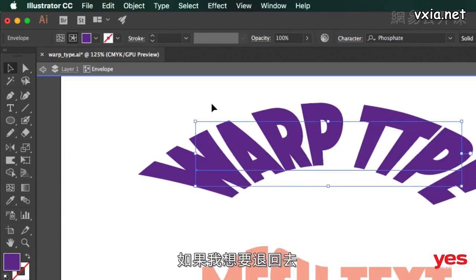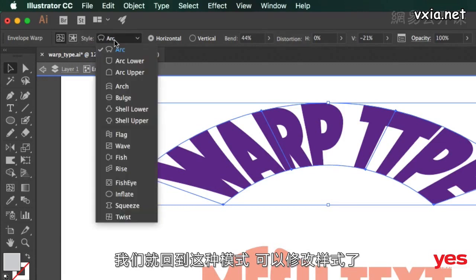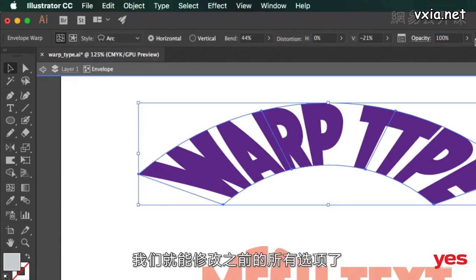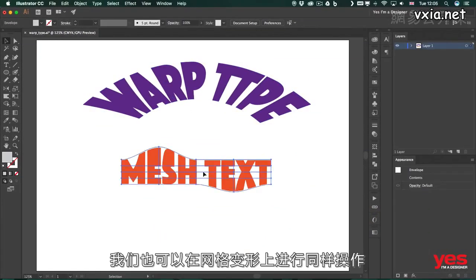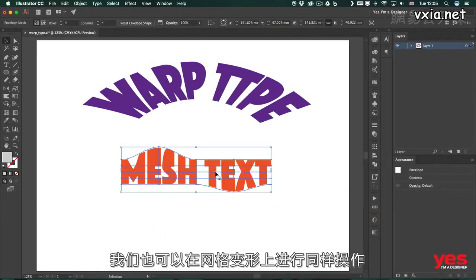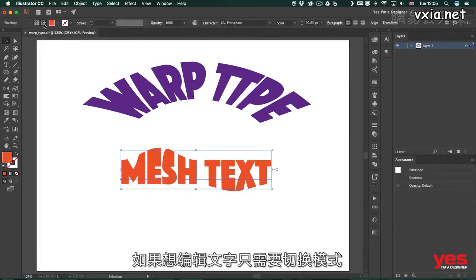And then if I want to go back and make changes to the actual warp, then I just switch editing mode again, and now we are back and we can change the style, we can change all the features that we had before. And similarly to this, we can also do the same thing with the one where we use the mesh. You can see it's the same thing. We can edit the shape or envelope, which includes the rows and columns. And if I want to edit the text, I just switch modes, and there I would be able to edit